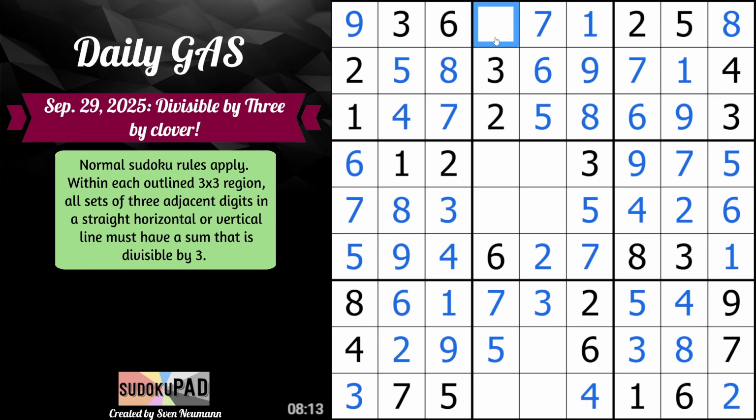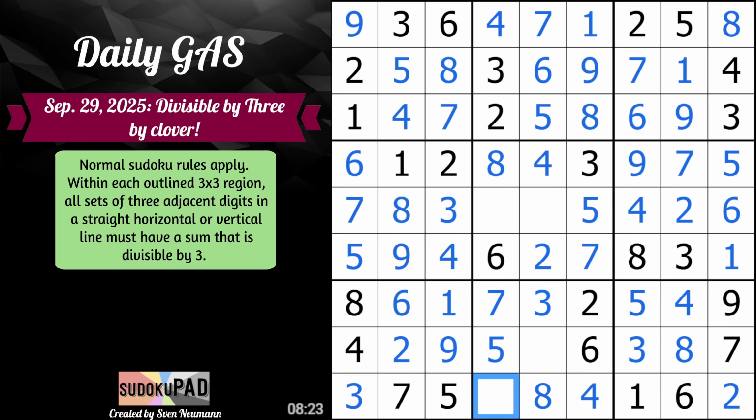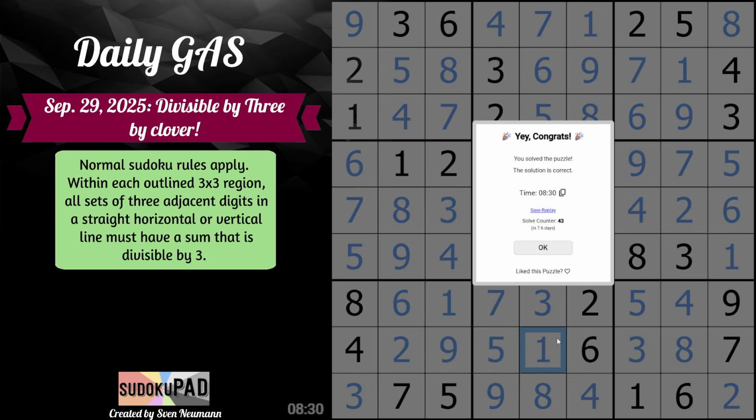7 gets us 7, 4. 4 gets us 4 and 8. There we go. 8 gets us 8 and 9. 9 gets us 9 and 1 actually, and this is 1 to finish us off in 8 minutes and 30